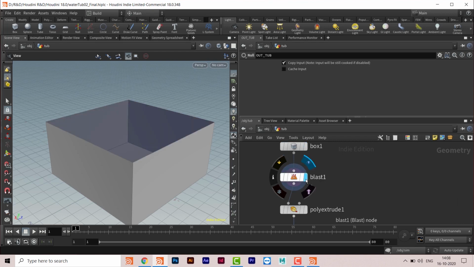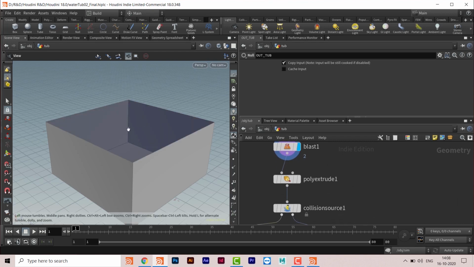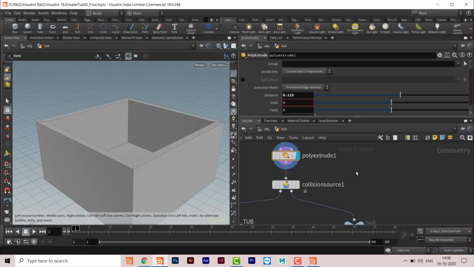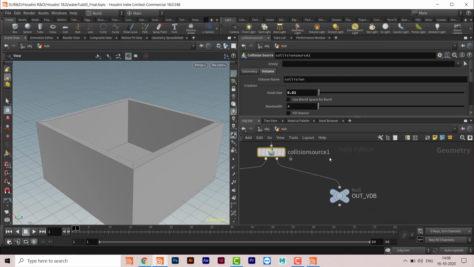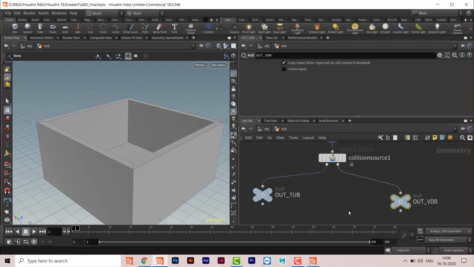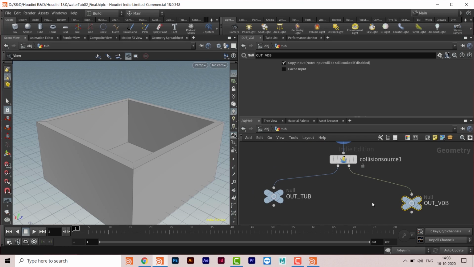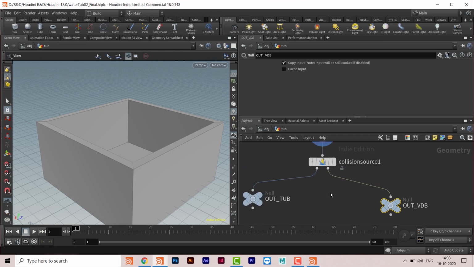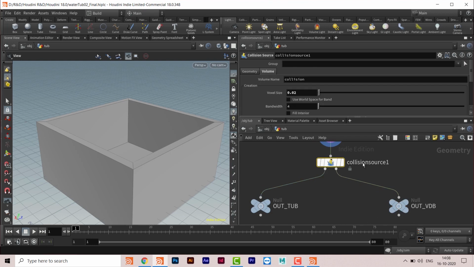I deleted this part, and then I poly extruded it, and then I applied a collision source here so that I can get a VDB. VDB is one of the very strong enhancements which Houdini made, and the usability of VDBs is going to increase day by day. So we are getting both things.